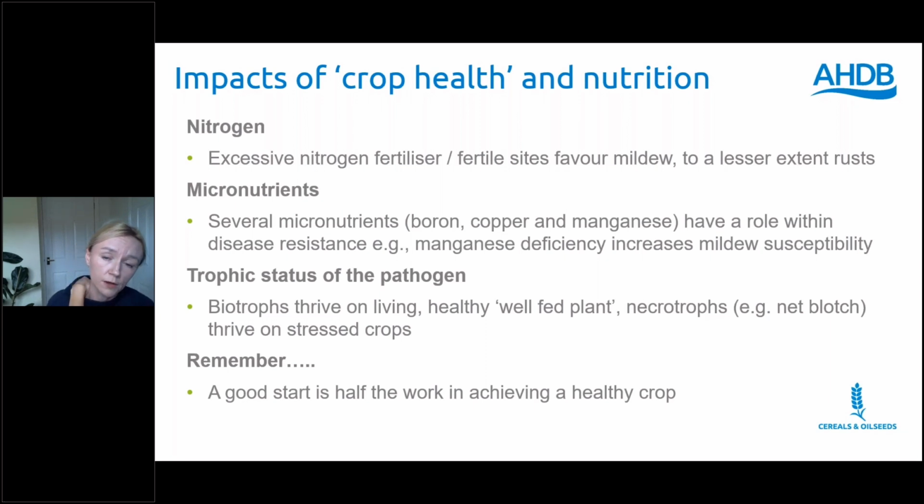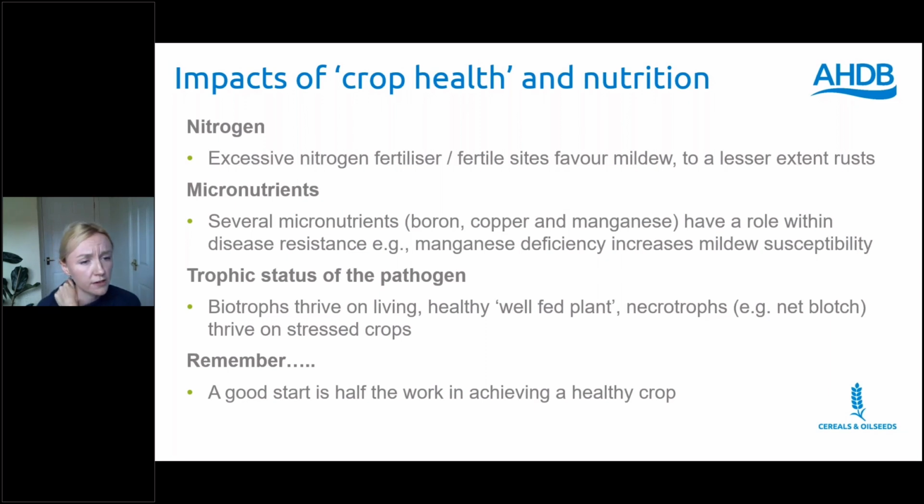This comes down to the amount of nutrition available in the plant, but also, if you're on a fertile site and you have an early drilled variety, you can have a nice lush canopy, especially coming into the season, and with some varieties that go through their growth stages much faster. But to a lesser extent, that does affect rusts.